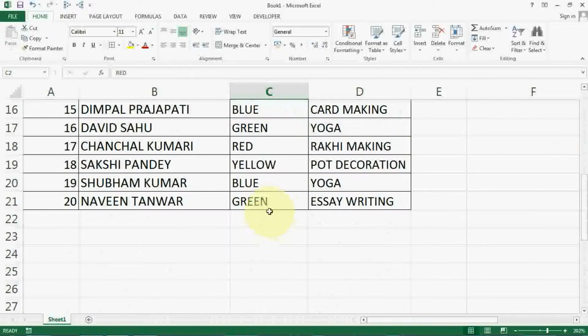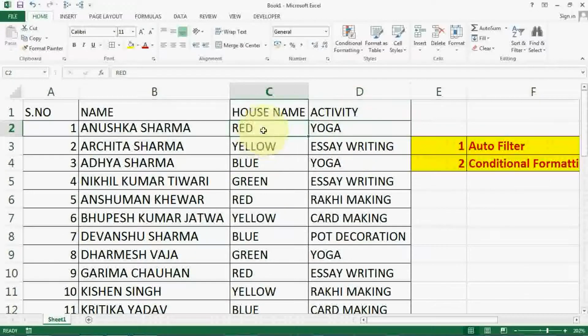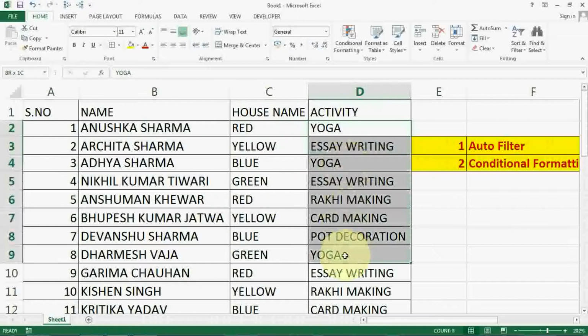Four houses are given, with their ranks in the activities. I want to find out from red house who are the winners and in which activity they won prizes. The rest of the rows will be hidden. In that case I will use autofilter.